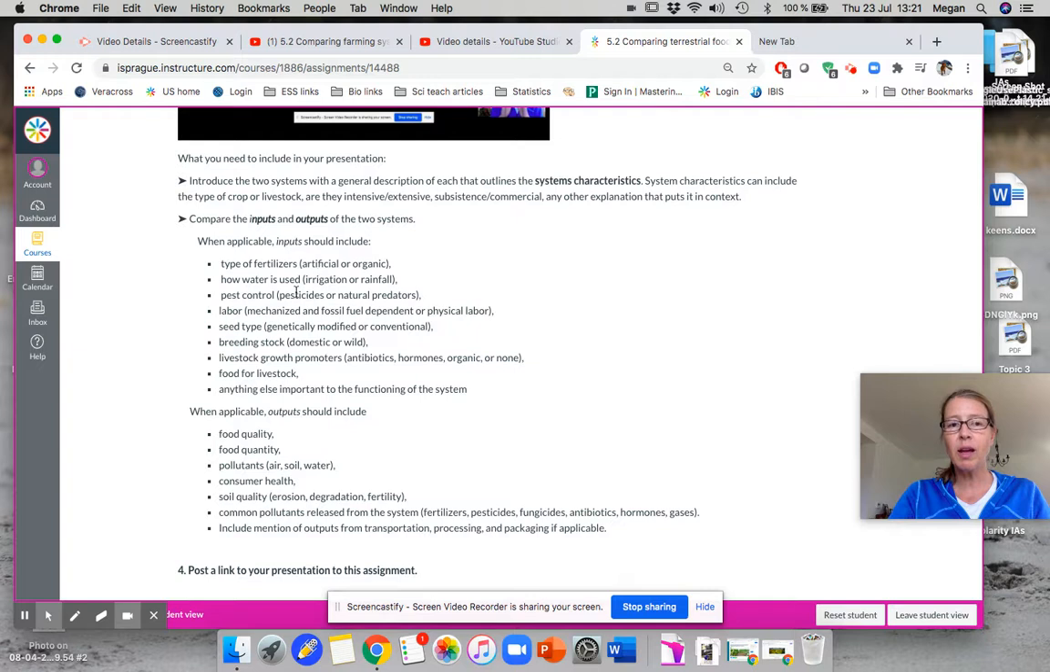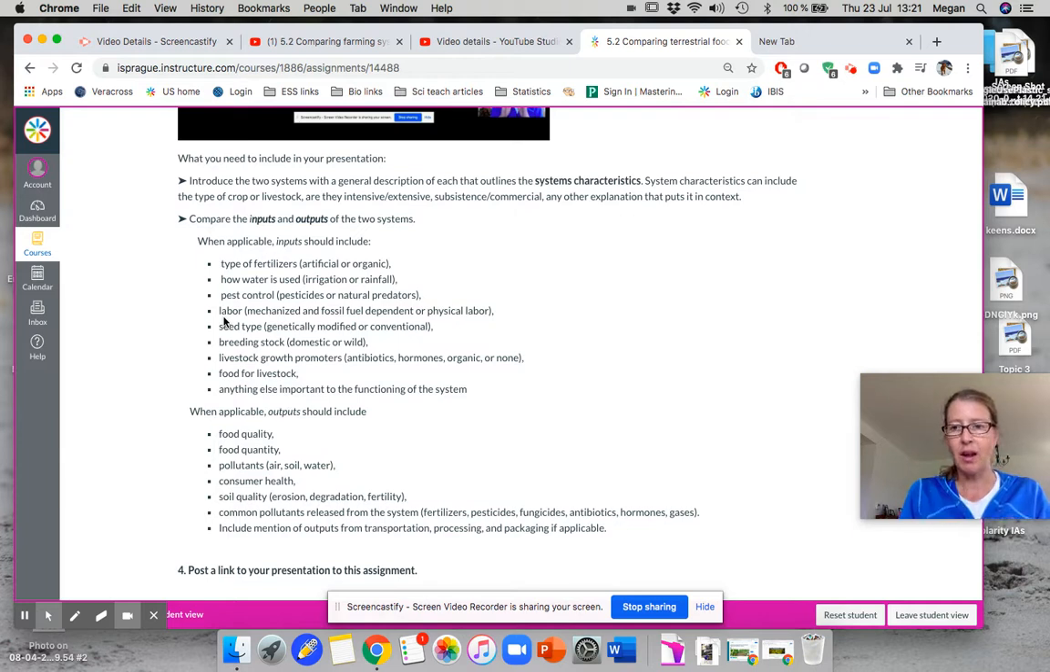So the types of fertilizers, how much water is being used, do you have pest control? How do they use pest control in the system? Can you find that information out? Is it with pesticides in general, or is it more using natural predators like ladybugs or something? How much labor? Now, this one's for sure going to be important when you're looking at